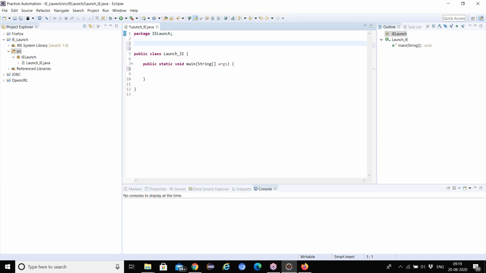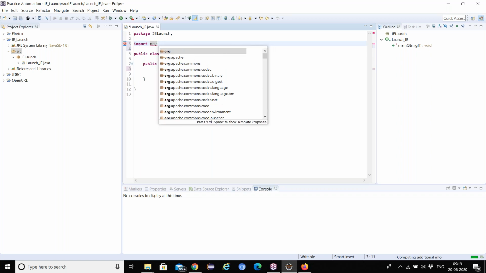Then write the import: import org.openqa.selenium.WebDriver. That is common everywhere. Good.